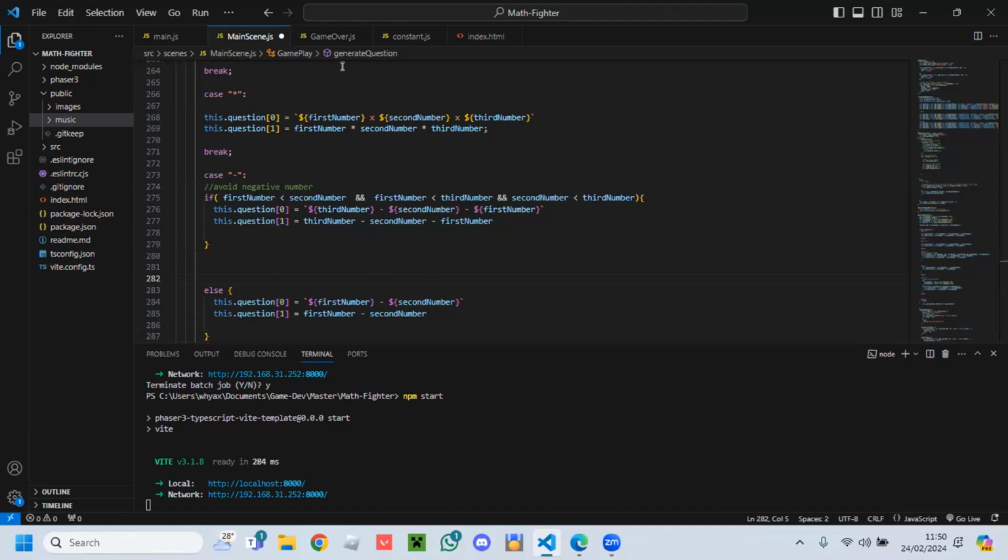Second one, less than. Yeah, that's for the other conditions. We use else if. Else if.